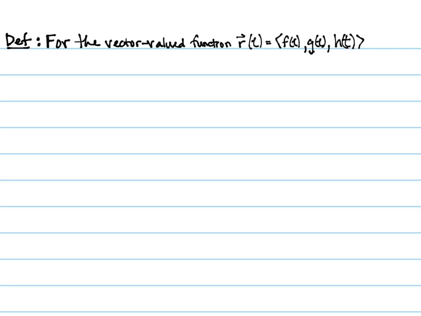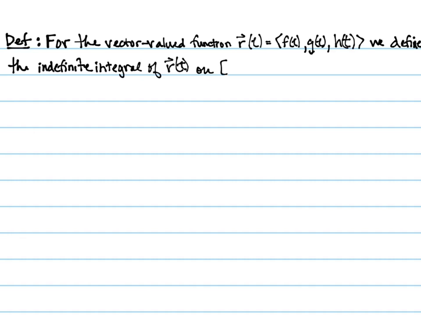So for the vector valued function R of t equals f of t, g of t, h of t, we define the indefinite integral of R of t on AB as our integral of R of t dt